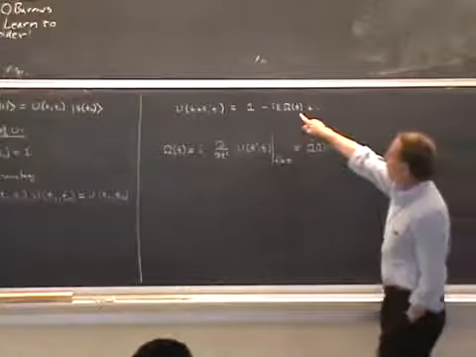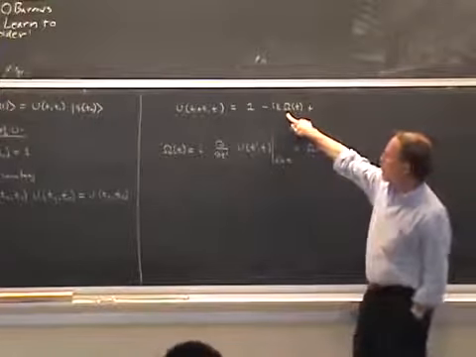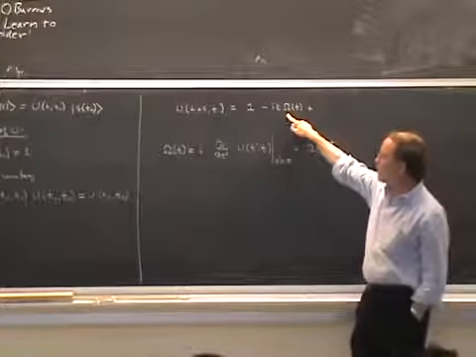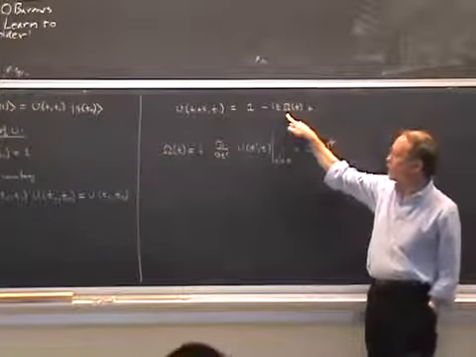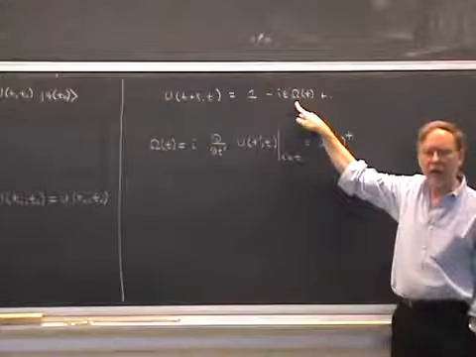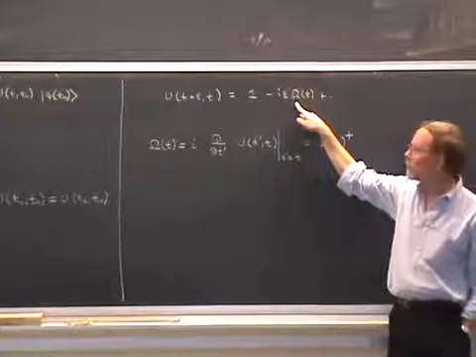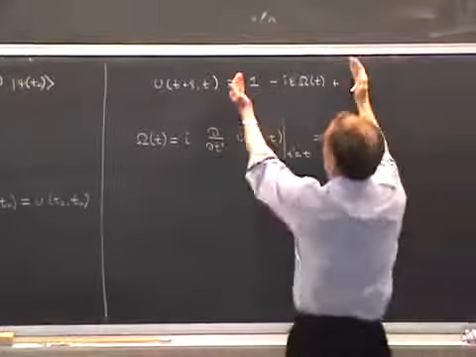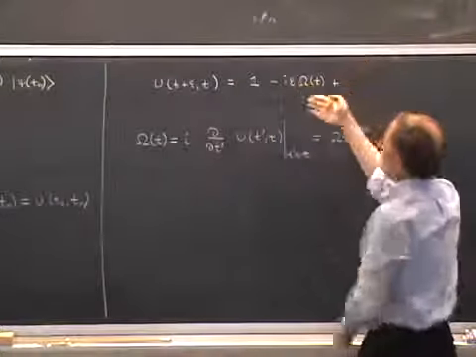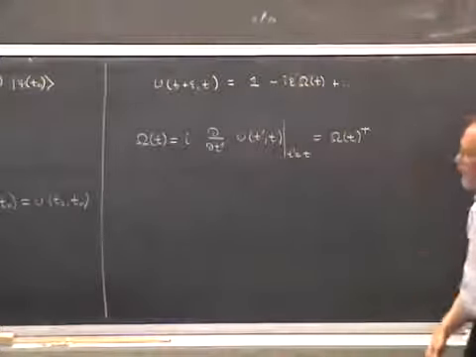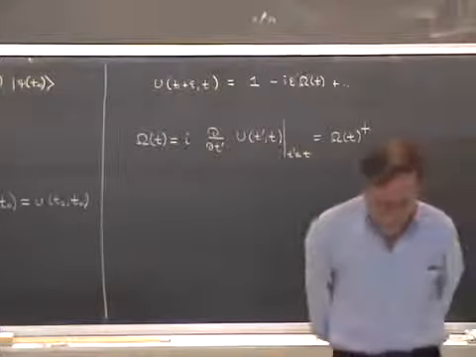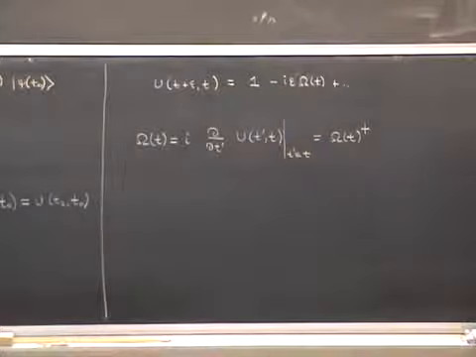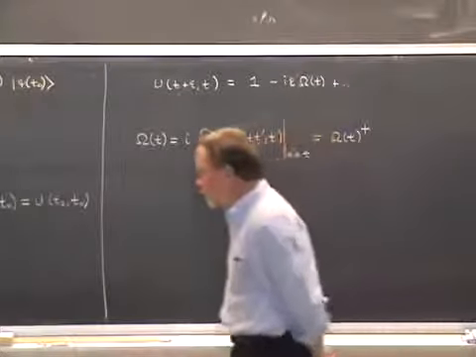Because of this relationship here, we say, this is just language, that omega is the generator of time evolution. What it means is that it's a Hermitian operator which is responsible for carrying out an infinitesimal time evolution. You want to move the state forward for a small time, you just need to act with this operator. The one, of course, is trivial, and the omega here is Hermitian. That will take you from psi at one time to a small increment in time later. So the language is omega is a generator.